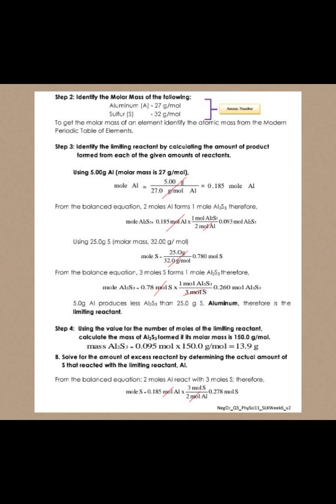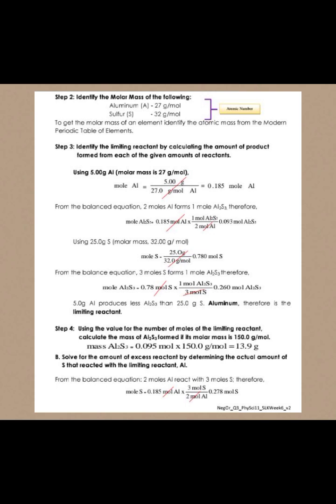To get the molar mass of an element, identify the atomic mass from the modern periodic table of elements. Step 3. Identify the limiting reactant by calculating the amount of product formed from each of the given amounts of reactants. Using 5.00 grams Al, molar mass is 27 grams per mole. Mole Al equals 5.00 grams over 27.0 grams per mole, which equals 0.185 mole